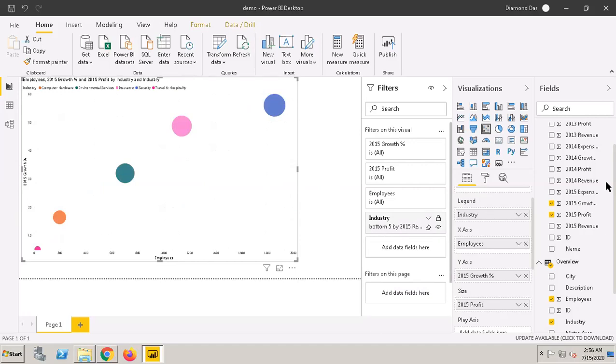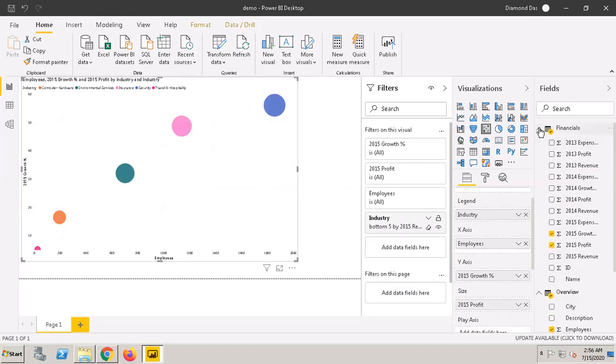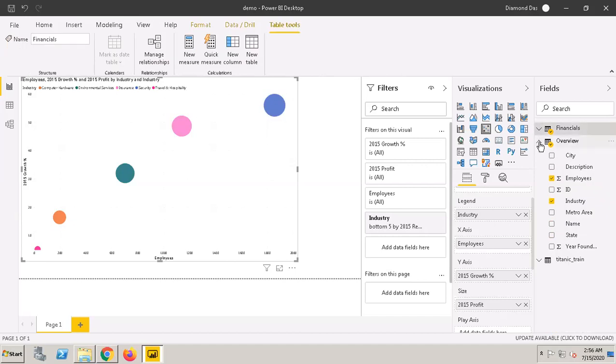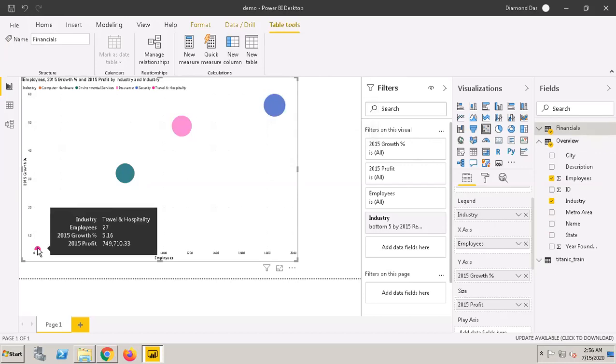Now we are seeing the bottom five revenue making companies. This is the lowest revenue making company, which is travel and hospitality.